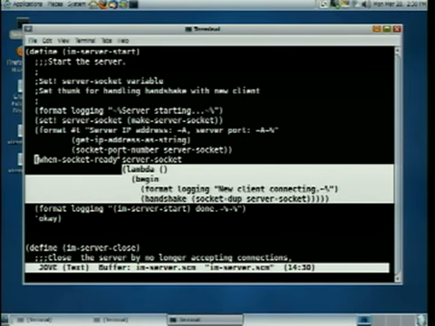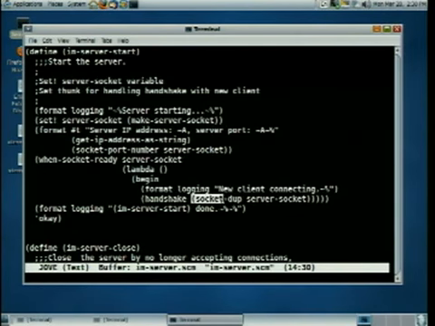Okay? So what does this procedure do, this lambda? Well, it prints a message, new client connecting, and then it does this interesting thing. It says, make me a copy of that socket. What's that for? Well, many different clients are going to connect to this server at once. And each client is going to have its own socket, so we can keep them apart, right? So if two messages come in right at once, it doesn't matter, because one message will go to one socket and one message will go to the other socket.